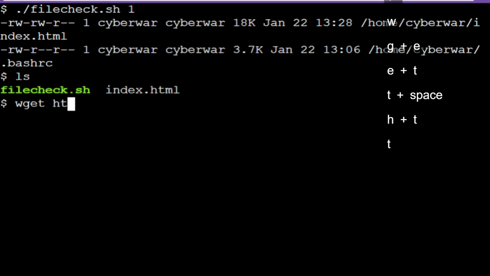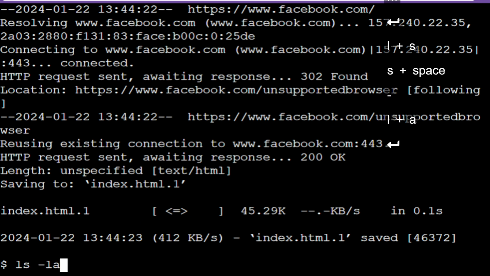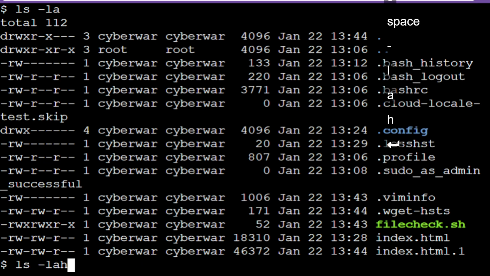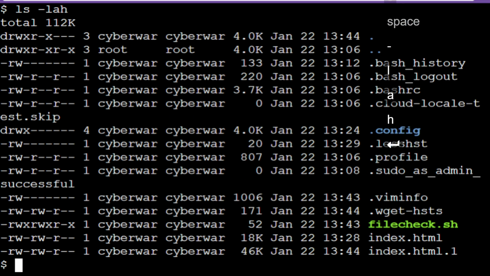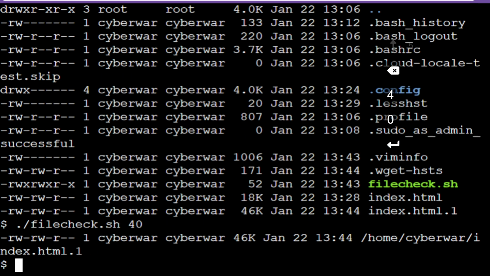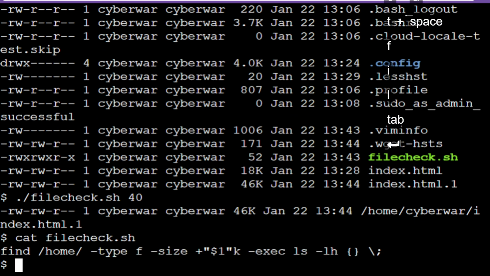Let's wget. So now we have two. We have also the Facebook one, which is 46, and if I file check 40, it's only showing me the second one because this one is 46 and it qualifies, and the other one is 80. But yeah, this is a nice script to run, and it's a very interesting approach. Anyway,